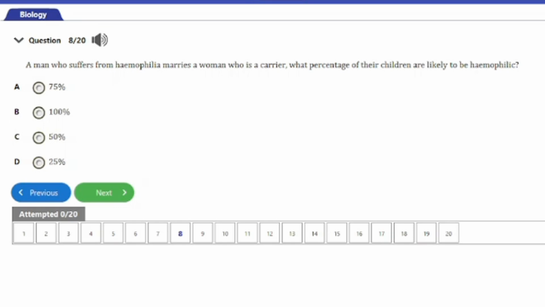So the likelihood for their children to be hemophilic is 50%, where if the woman is a carrier, it means